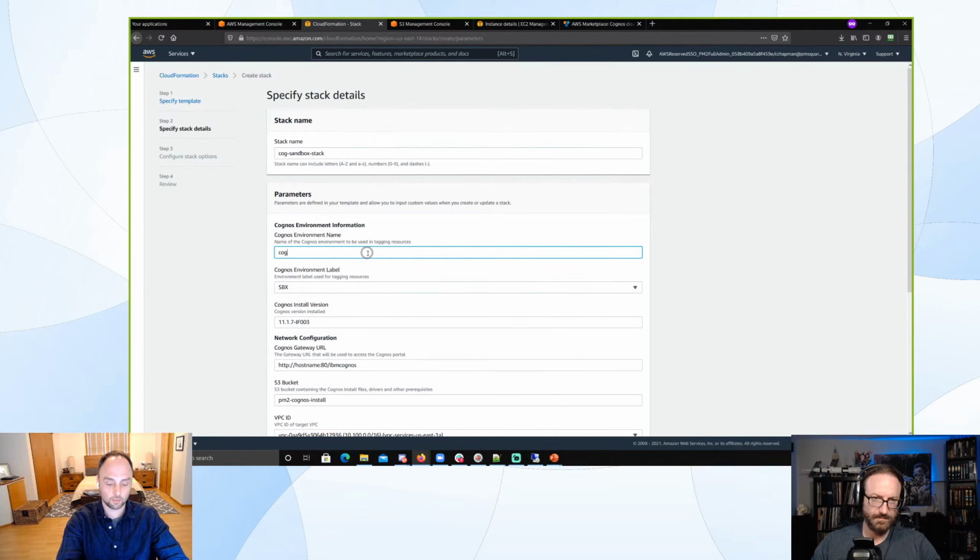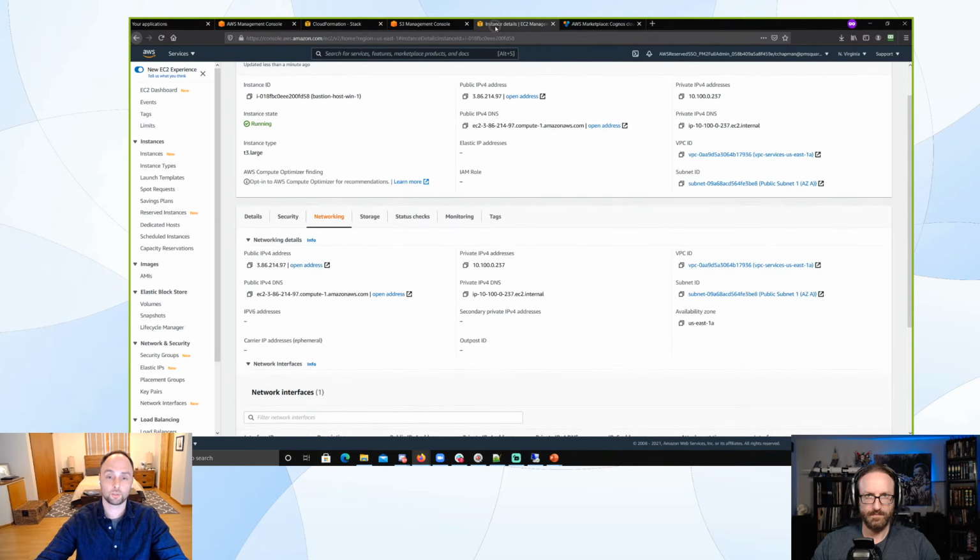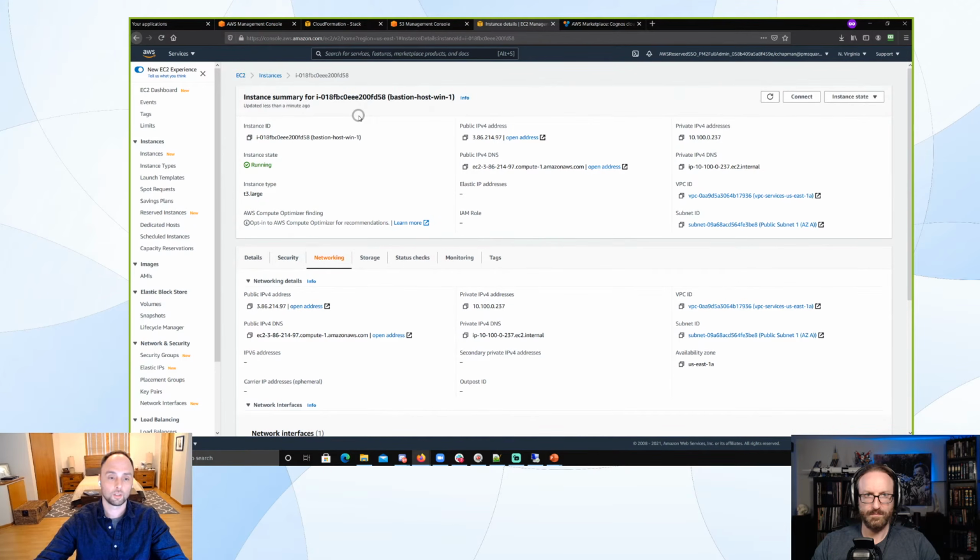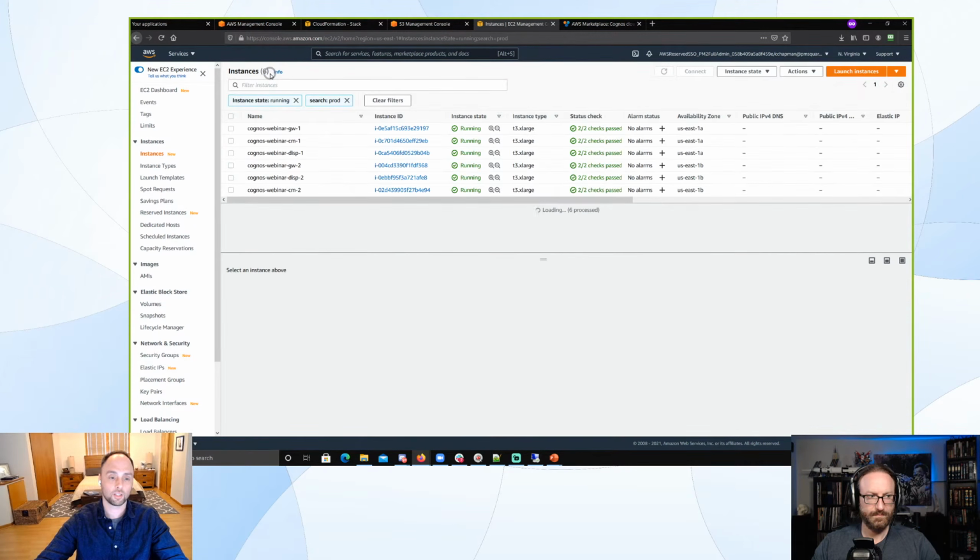So for here, I'll say this is Cog Sandbox. So this environment name, what I'm using this for is, you see here, it's used in tagging resources. This is really critical within an AWS environment, properly tagging resources, for a few reasons. One, so you can figure out where everything is. Like if we go over here to our EC2 console and we see all the instances that we have,